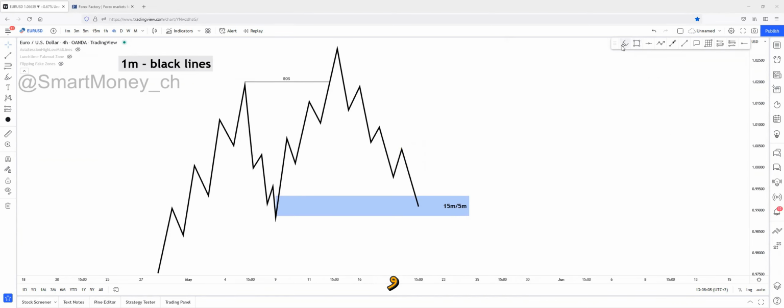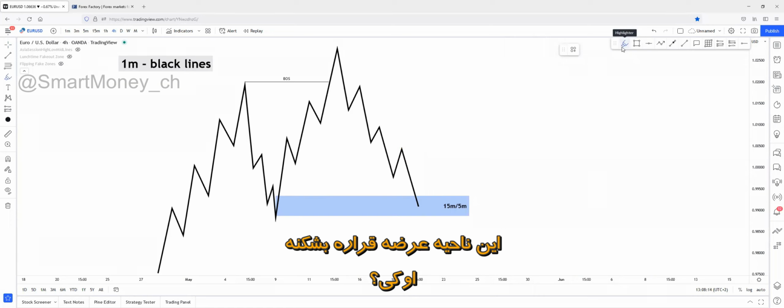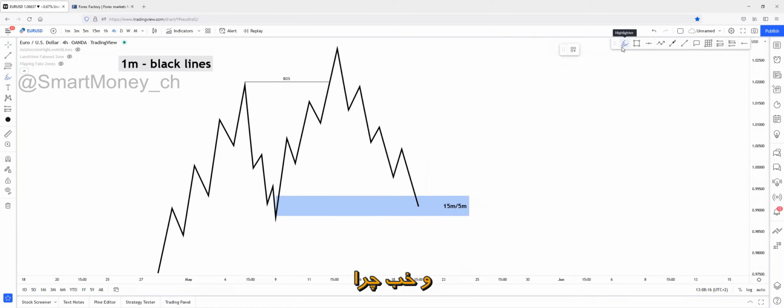And what does it mean? For a change of character or a flip or a reversal, that supply zone has to be broken, right? And why, once again, raise your hands, why does that supply zone have to be broken first, and why only that supply zone? That was Nikita again. Yeah, Nikita?